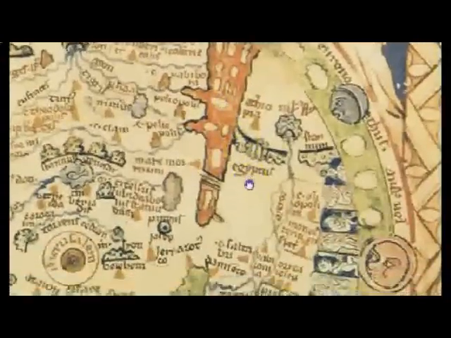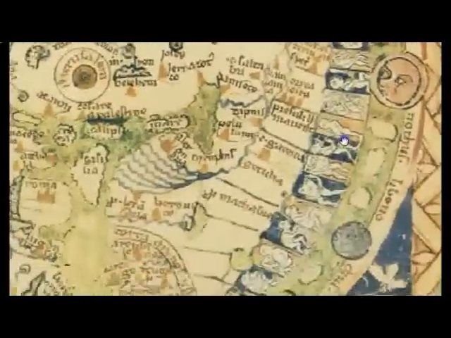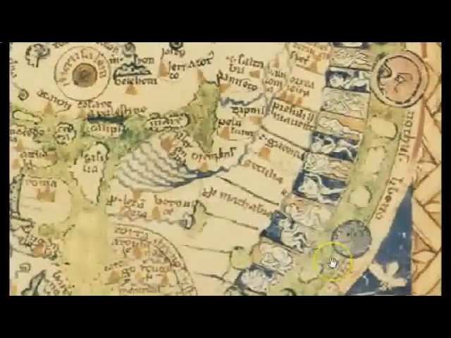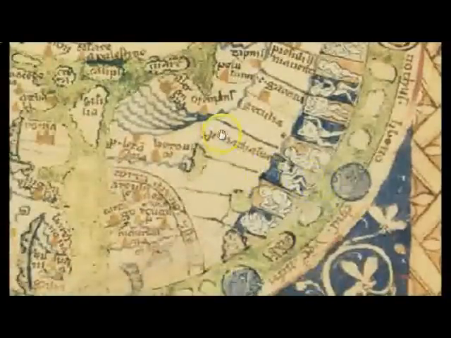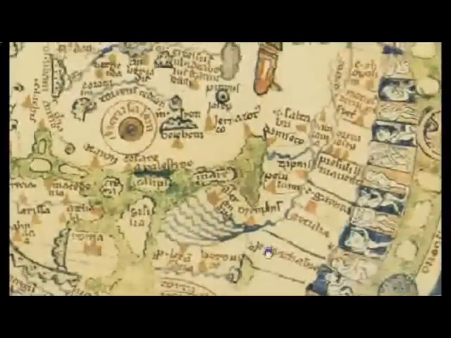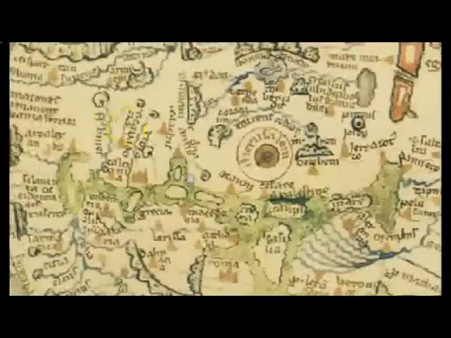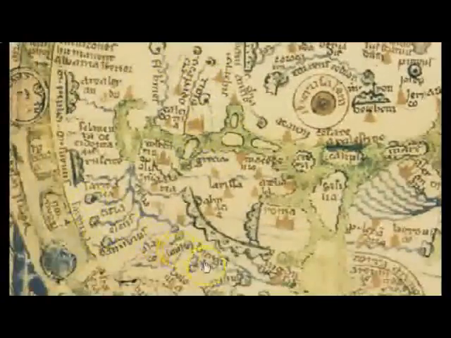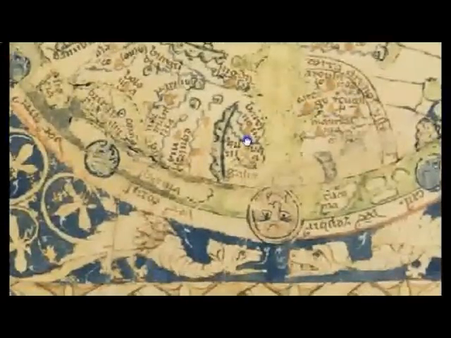Anyway, some interesting points on this map. Look at these alien races here, all living under the ground. All the different creatures, all the different monsters. What are these little eyes? See the eye here? An eye there, an eye there, an eye there. Eyeballs all over the place. Rivers that come out from them. Here, here. There were some very important things.